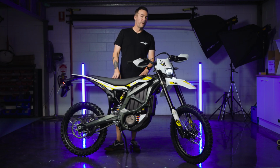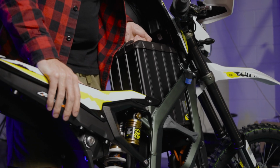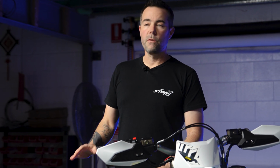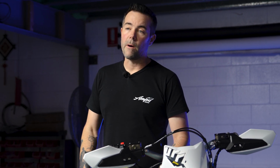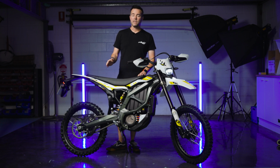Now, the Ultra B's battery is a 74 volt, 55 amp hour, removable and swappable battery, which can deliver up to 140 kilometers of maximum factory tested range. This range was tested with a constant cruising speed of 40 kilometers per hour. This massive battery charges in only 4 hours, thanks to the included fast charger that comes with